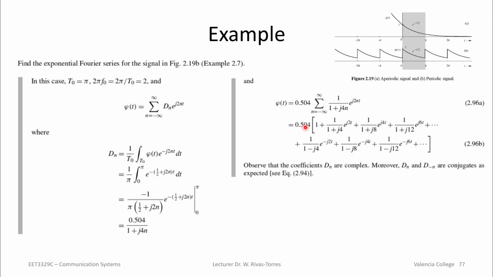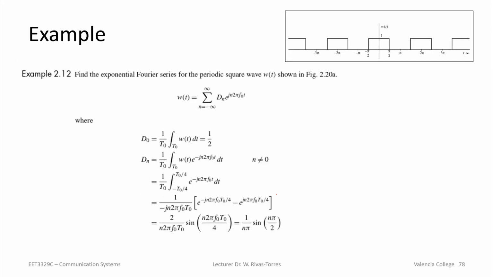And if you break down e to the j values here into sines and cosines, as I did before, you should end up back at the trigonometric Fourier series. So the two are related, and that's why I talked about Euler, e to the j phi, that I was talking about a little while ago. Okay,